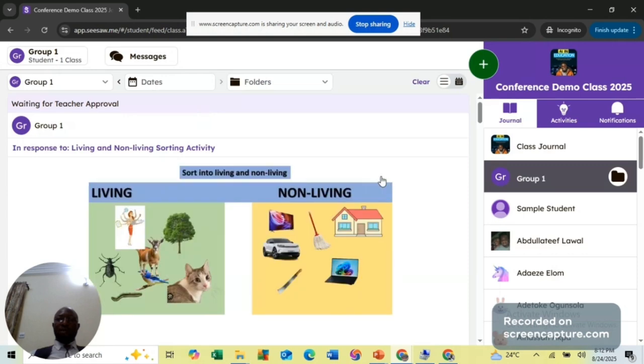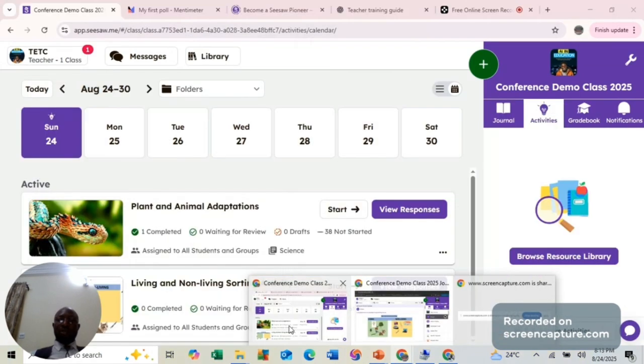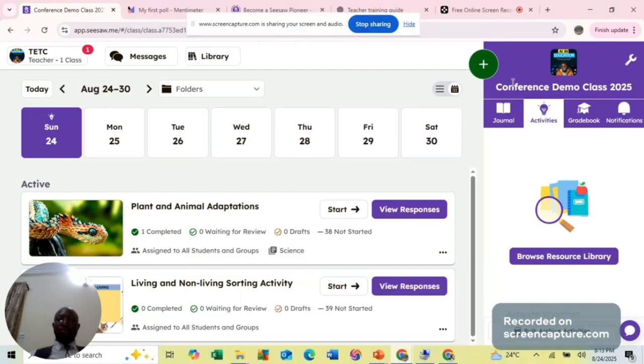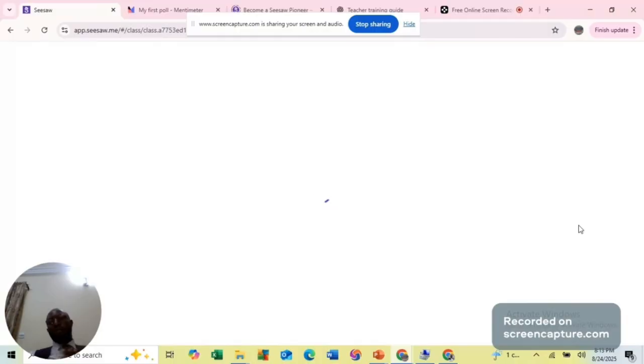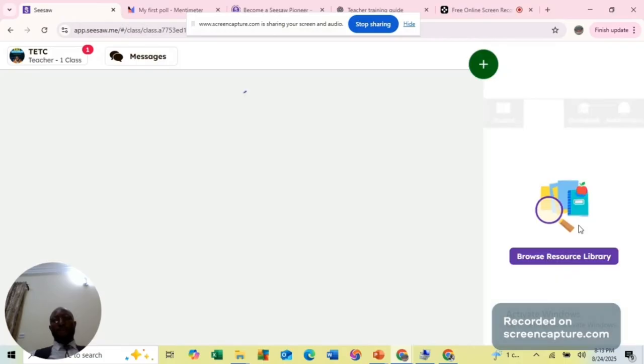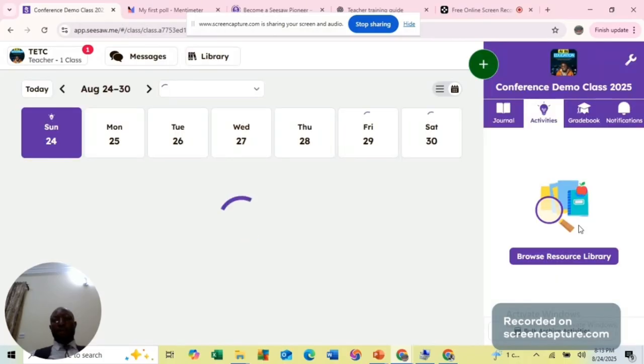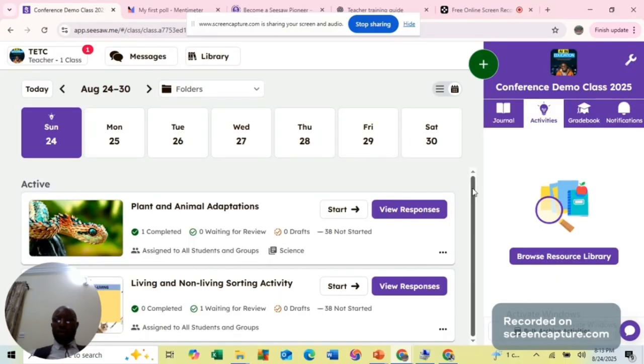So done means submitted. So let's go back to the teacher's page and view what the child has submitted. From what we can see here, the page is loading. All right. From what we can see, you can see the activity submitted already, and then other details about the